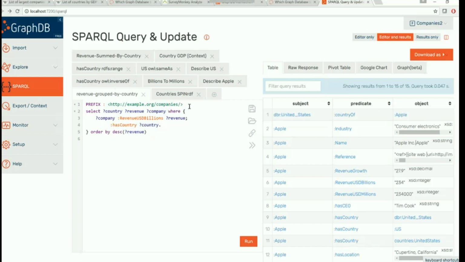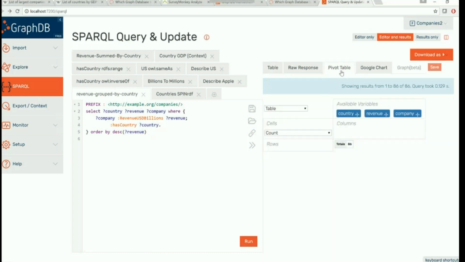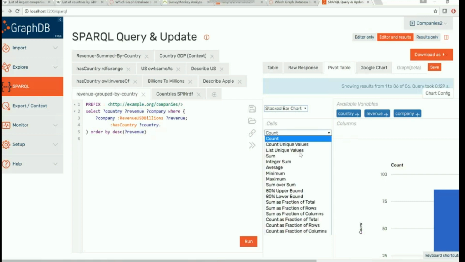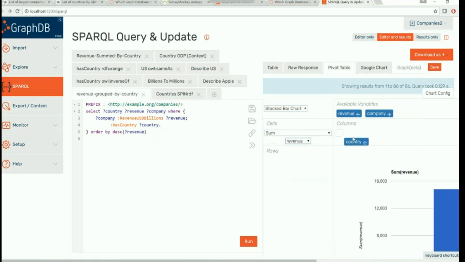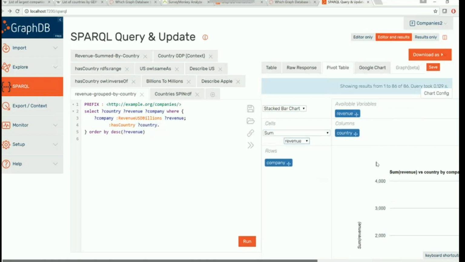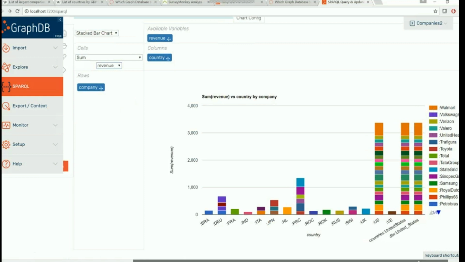So if I just run a query asking for the countries and revenues of specific companies, and if I'm not careful, you might see that now, for example, we have all this data for the Depleted entry of the US, our local entry from our other named graph for the US, and if we plot this table as we had before, as again a stacked bar chart, we sum over the revenue, and what you might see here, you see these duplicates in data,